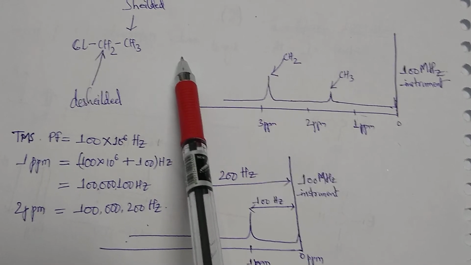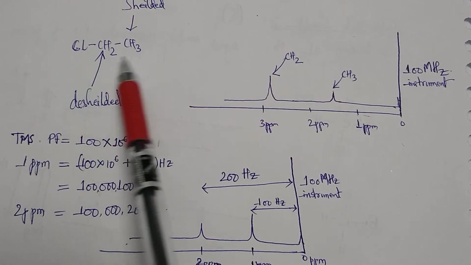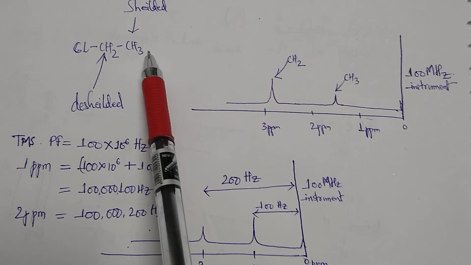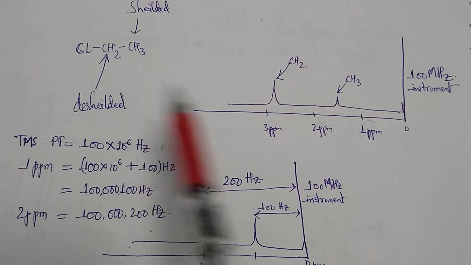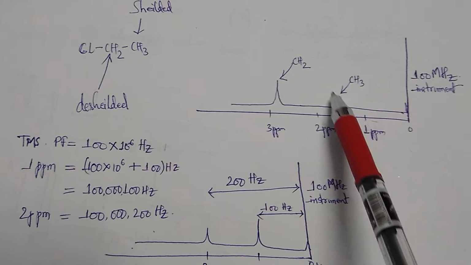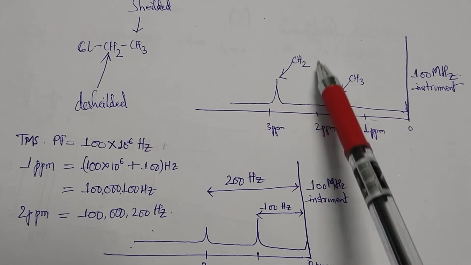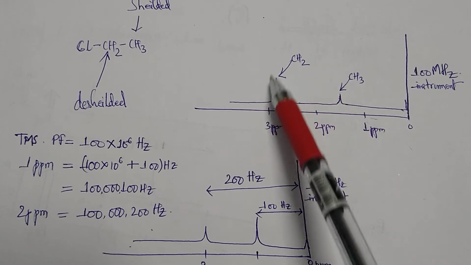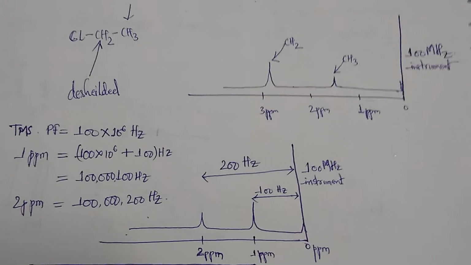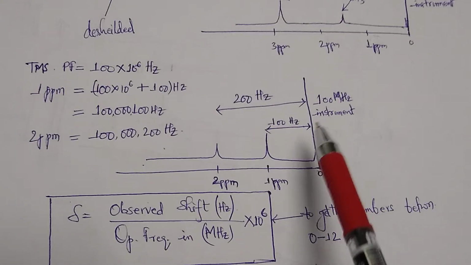So, the representation of this molecule can be shown in the NMR spectrum like this for a 100 MHz instrument, that is, the CH3 protons will be at the low frequency region, and the CH2 protons will be at the high frequency region. Now if we consider this 100 MHz instrument in more detail,